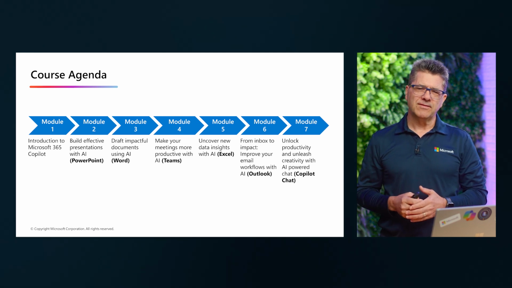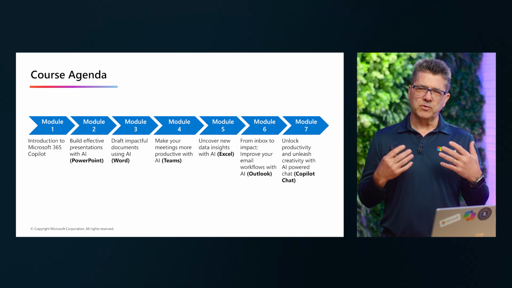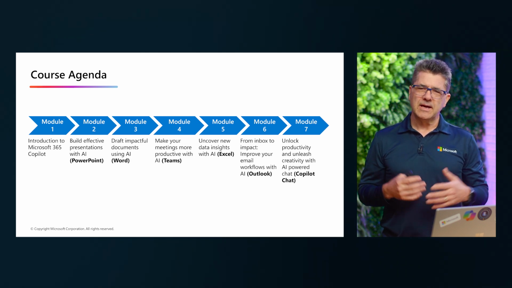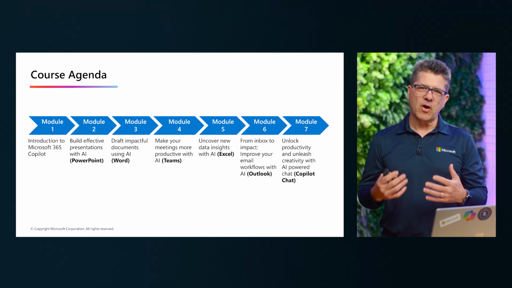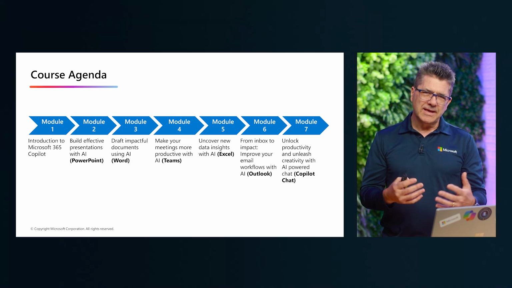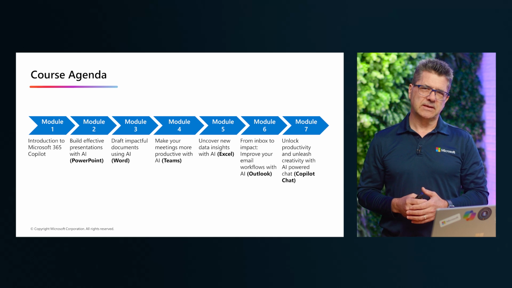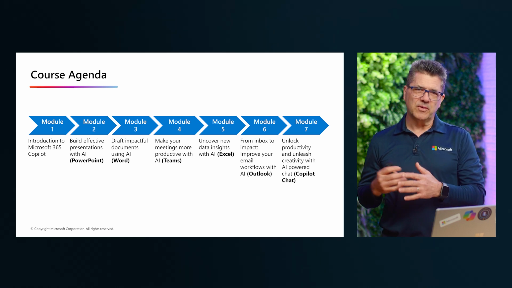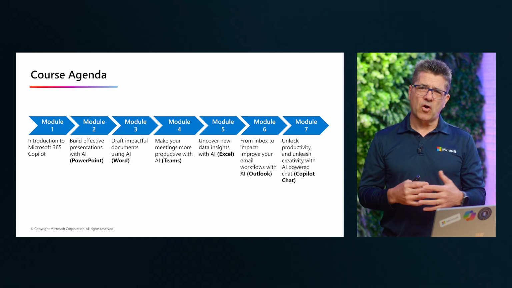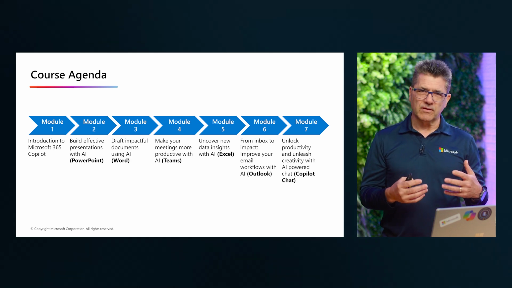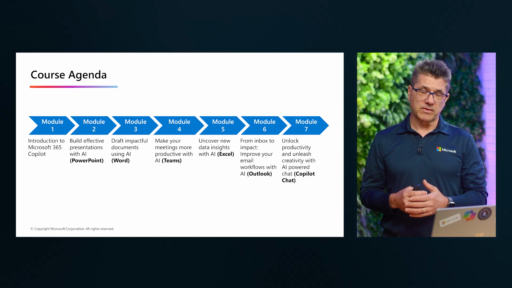And for module number 5, we are going to dive into Excel. Now, Excel is very important. When we want insights on our data, I have an Excel spreadsheet, could be very long. I now can ask Copilot to help me take those formulas, get me those graphs, make my insights even more apparent. And then we are going to go into Outlook. I really like Outlook because now I can summarize all my email. I can see which ones are very important for me, and I can also draft new email very quickly.